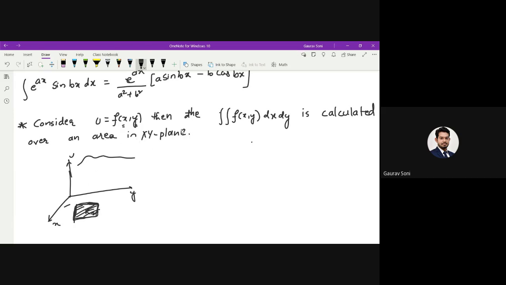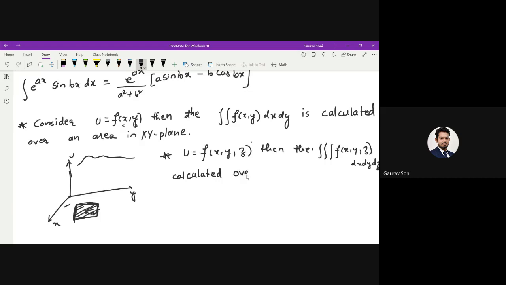Okay. So can you tell me now, if u is equal to f of xyz is a function, then the triple integral f of x y z dx dy dz is calculated over